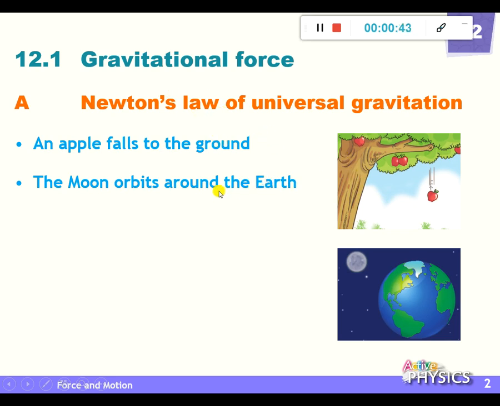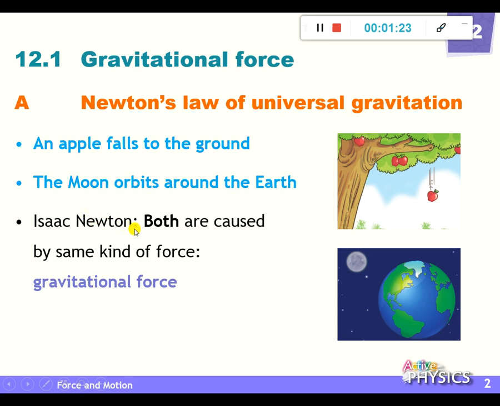Up to now, you should know that the Earth exerts a force on the apple, and then this apple will fall down with acceleration. Similarly, the moon also has a force acting on it provided by the Earth. But is it similar to the apple, put down to the ground of the Earth? Of course, the answer is no. But why? In this chapter, we will focus on it.